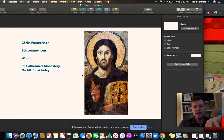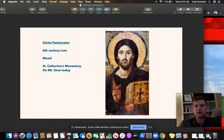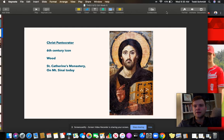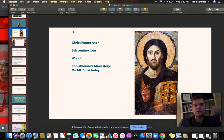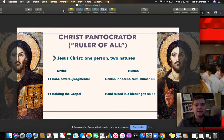When you initially look at it, it might look strange. His face may look weird, but you wouldn't think this is a painting of two persons. You see one Jesus in that picture, hopefully, unless you have double vision or something. When you look at that painting, you see some strange characteristics or facial expressions on Jesus, especially on the right side, but you don't see two people, which is why I think, from a theological perspective, this is one of the